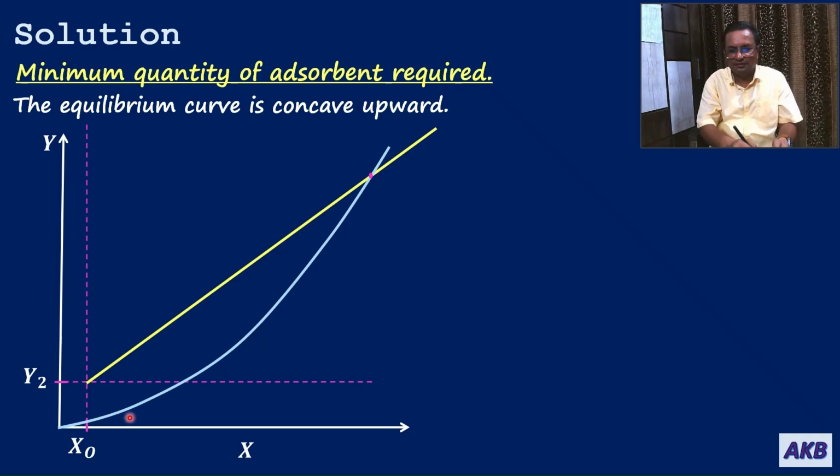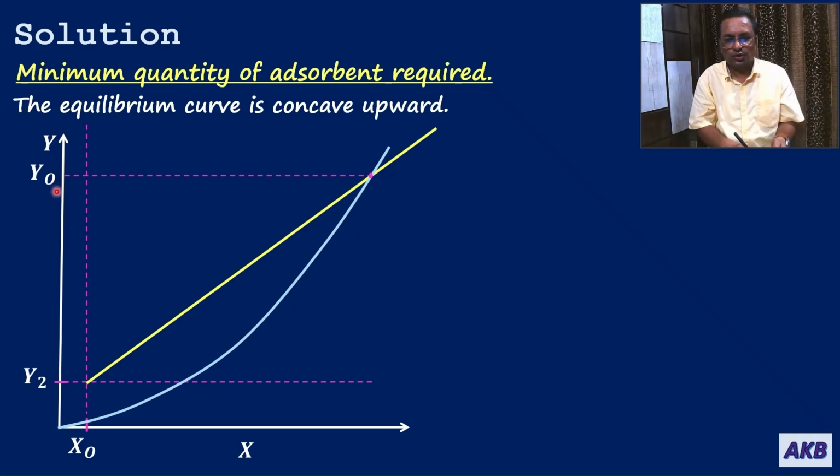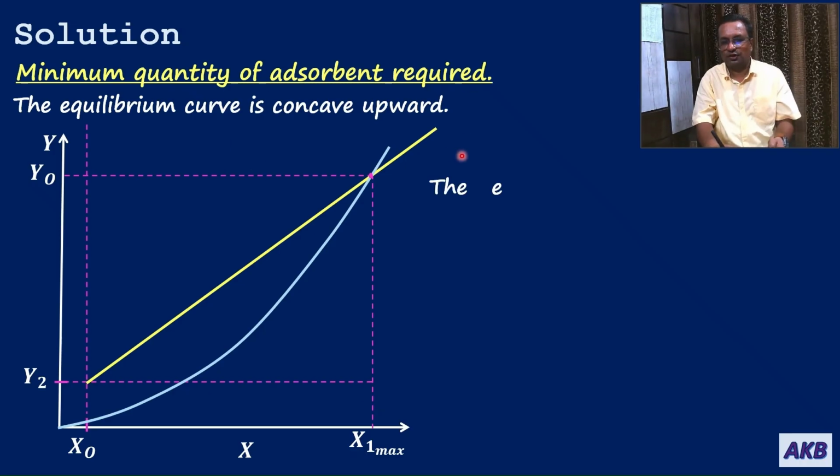So if the curve is concave upward, and here in our case the curve is concave upward, then the coordinates of this point are y0 and x1 max, the maximum possible x1 that can be obtained. It is possible when you are using the minimum quantity of adsorbent. So now the objective is to get x1 max and use it to find the minimum quantity of adsorbent